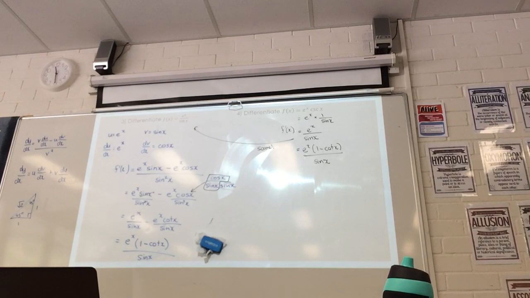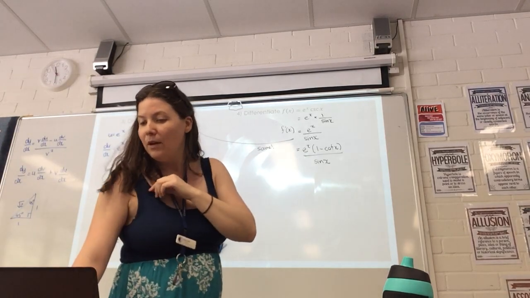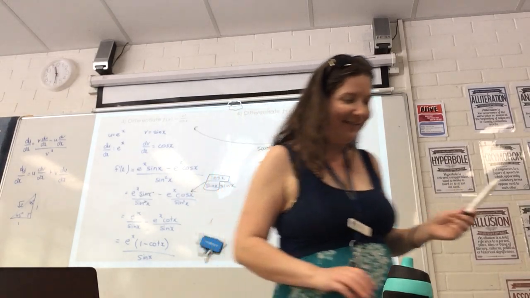Okay. So, can everyone see that? When you're presented with something that's a little bit different, you have to stop and think, this wasn't really difficult, but don't leave the question. Think to yourself, okay, I don't know how to differentiate cosec. What do I know about cosec? I have to write it in a different way. It shouldn't be much of a stretch to think, oh, I write that as 1 over sine. Yeah? Okay, we're obviously not going to redo the question when we've just done it there. Well, if you'd like to do that, you feel